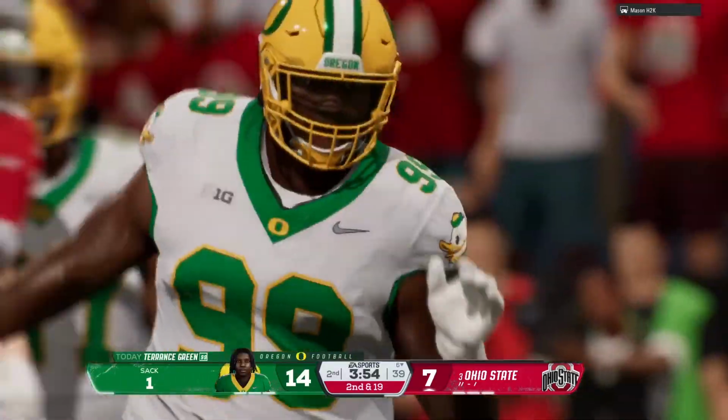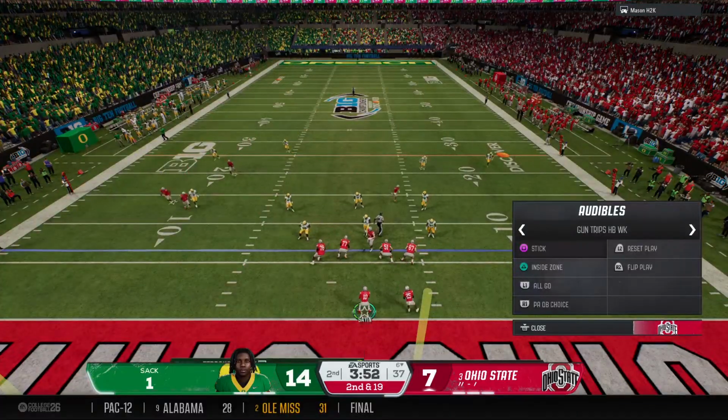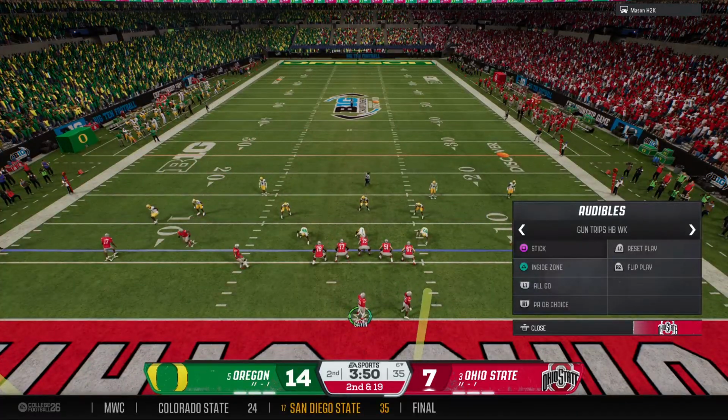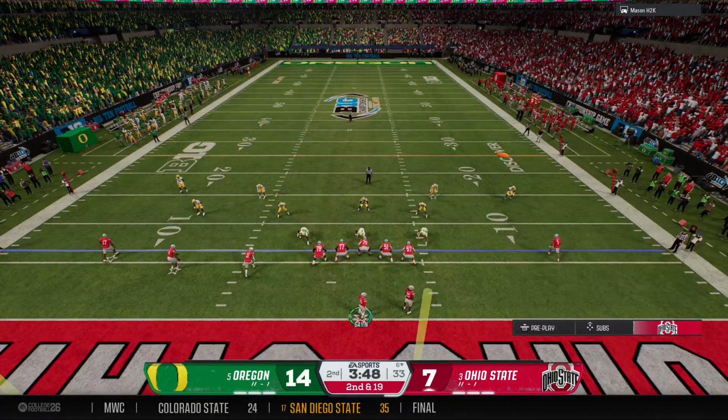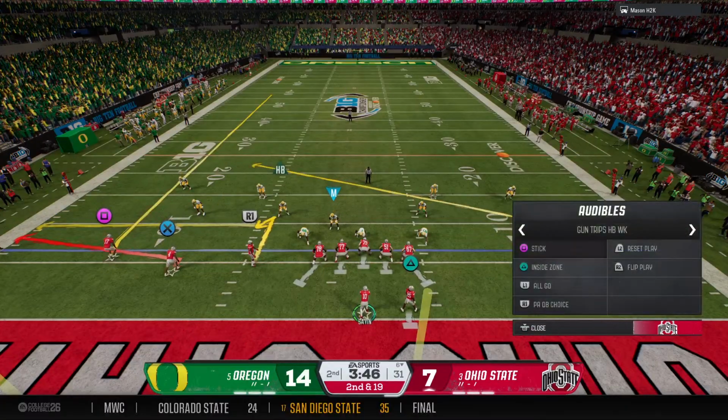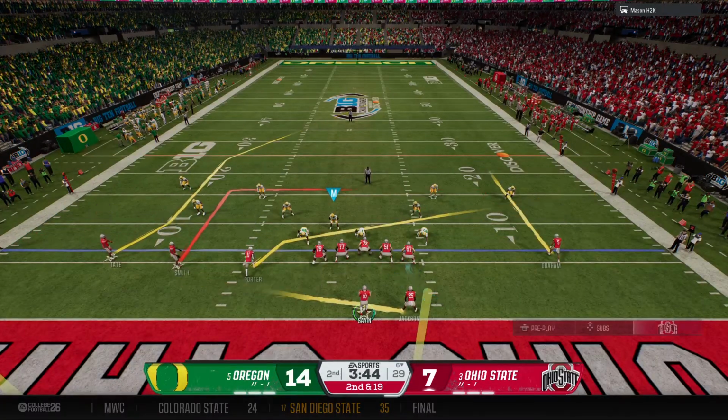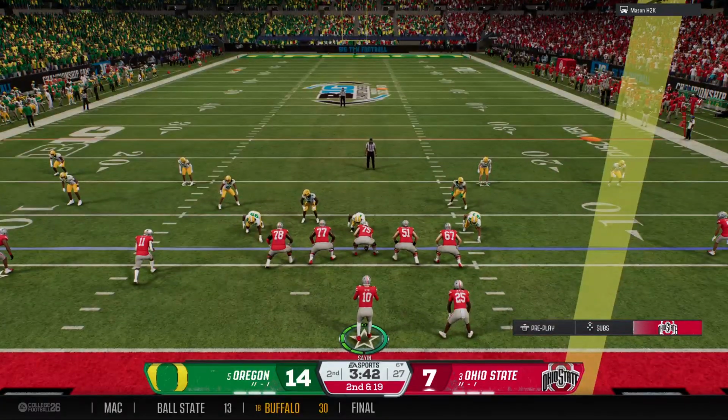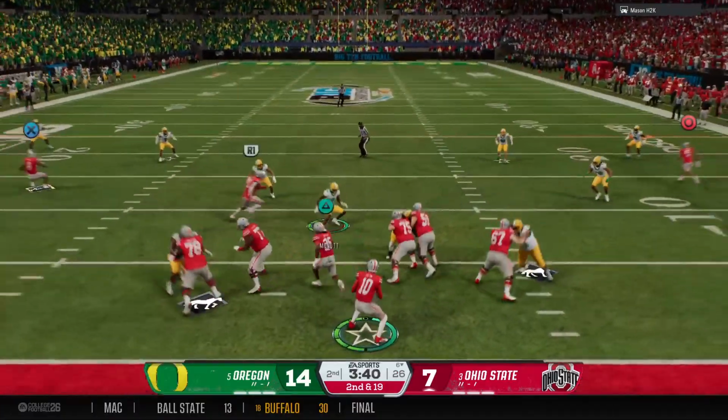Sacked. It's a loss back to the 6. Second down and long now from their own 6. Well, you talk about blowing a play up. What a job by this defense. That is a big-time loss from the sack. But look at the offense. They're keeping the tempo going. I'm surprised.